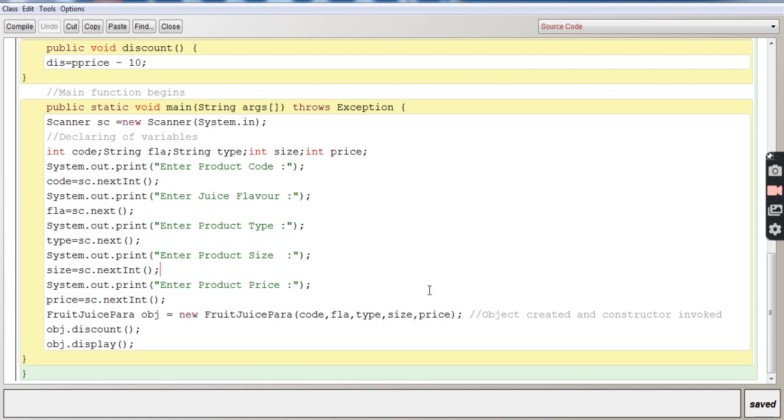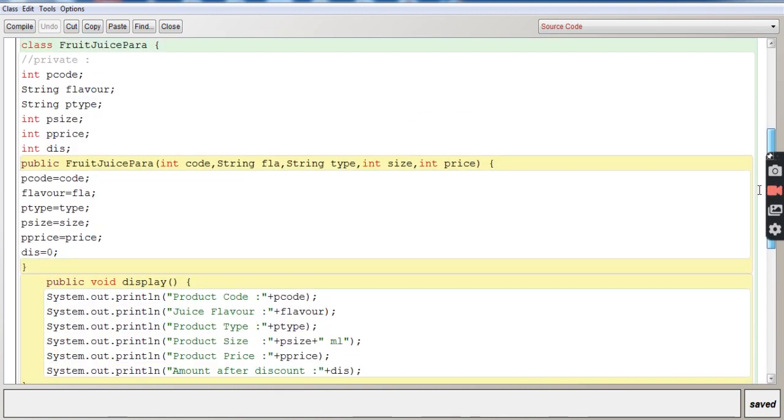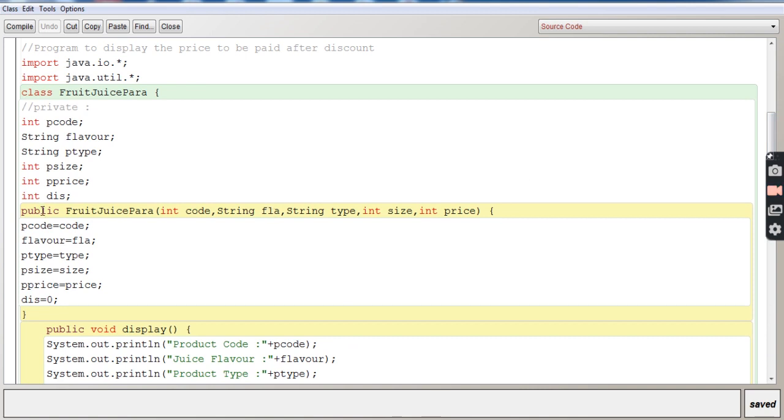These are the parameters being entered, and it will invoke the constructor fruit juice. So it will try to search where the fruit juice has been declared. It will find it over here.